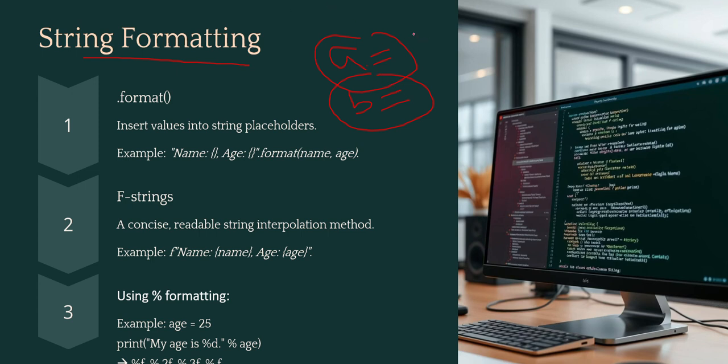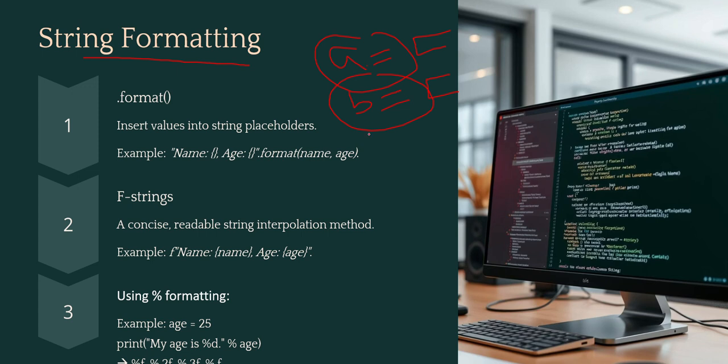Let's say for a, the user is entering a name, for b, the user is entering an age, and I have a string that has my name. Instead of writing my name there, I want my name to be part of the string, and I want the age, that number, to be part of my string as well.